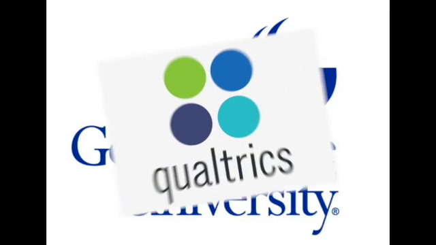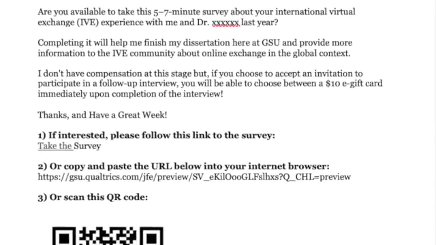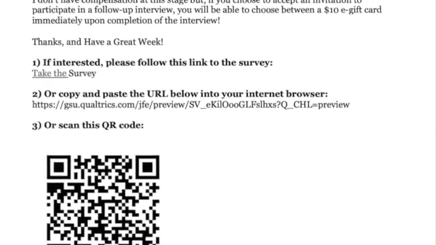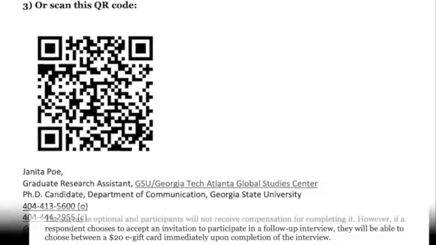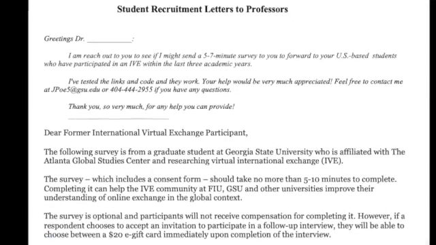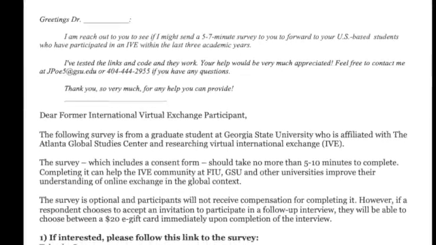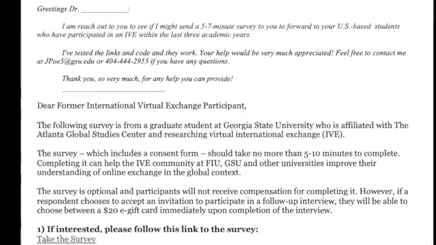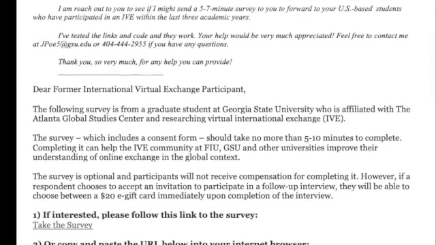Survey. The 18-question survey was developed using GSU's Qualtrics account. Recruitment. After approval from IRB, participants were recruited from a pool of more than 100 GSU students who had participated in one of two IVEs for which I served as a research assistant. After that, I reached out to professors and facilitators of IVE that I found through the Atlanta Global Studies Center, IVAC, the International Virtual Exchange Conference, or Unicollaboration, an international coalition of IVE practitioners, of which I am a council